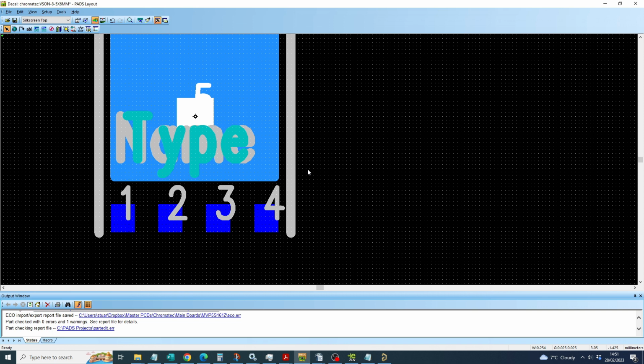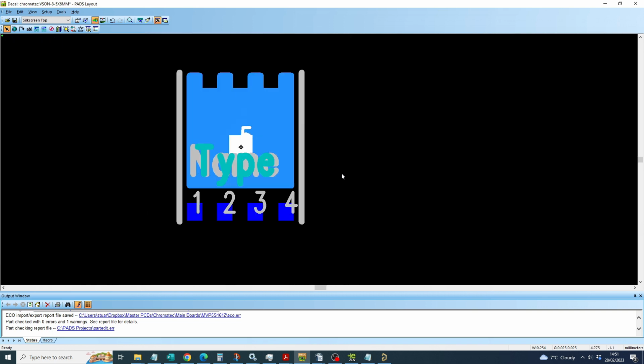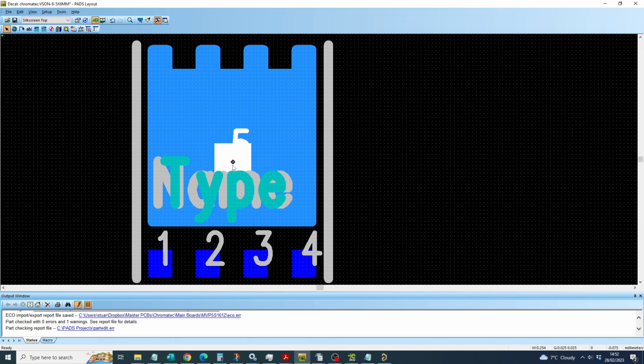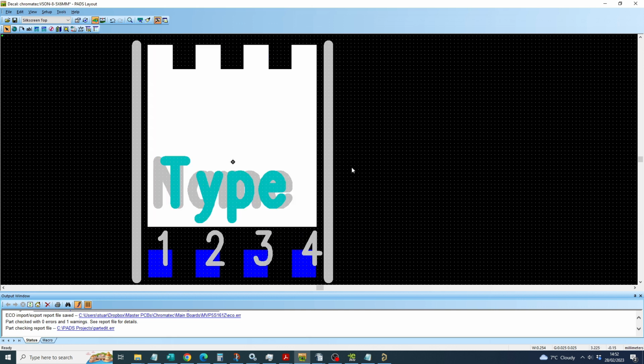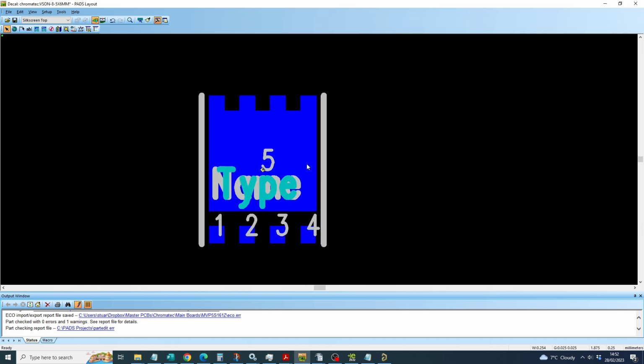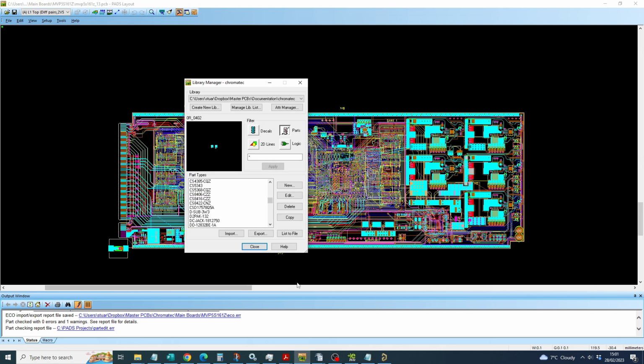The final thing we need to do is associate the new copper shape with the terminal 5. We can just reduce terminal 5 to be a nominal size centered at the origin. And then to associate terminal 5 with the copper, we select terminal 5, associate, select the copper, and now you see terminal 5 is now associated with that copper shape. Now that the decal has been created for the NFET component, the last thing we need to do is link it to the part. So if we go back into the library manager and we select the new component,